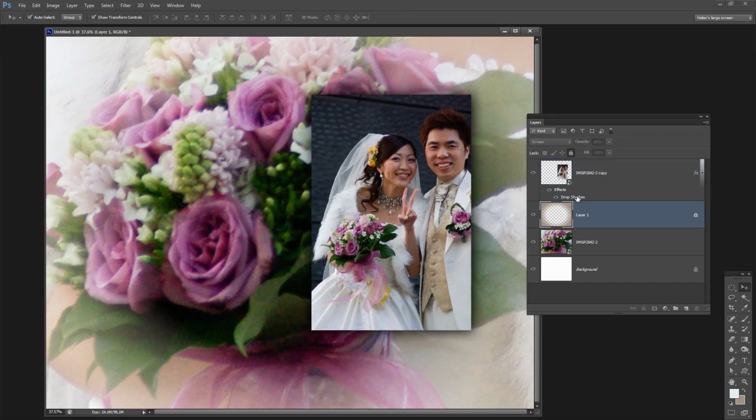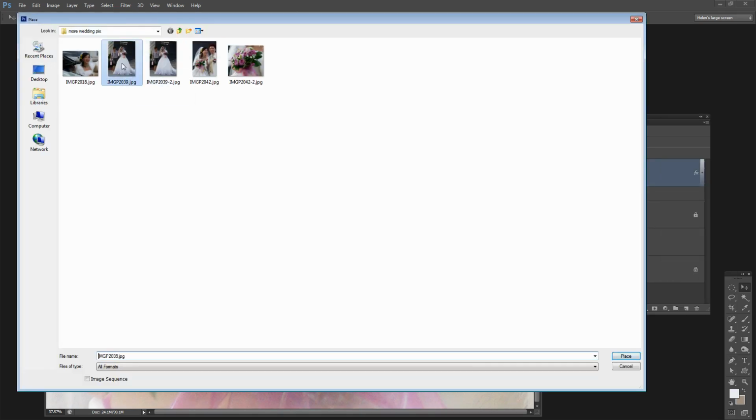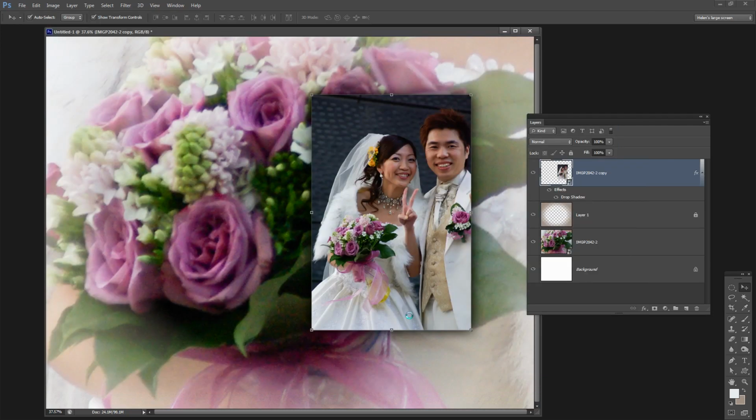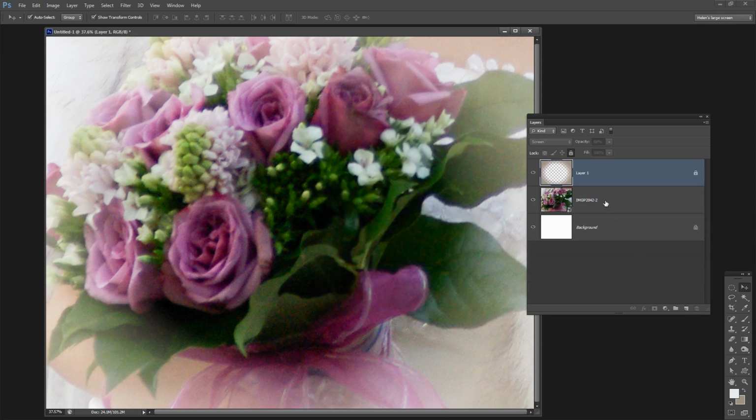You can see that the drop shadow is still in place, the background is still in place, the vignette is still in place, and we've got another page of our album already created. If I right click and choose Replace Contents, I can go and select yet another image to go in here, and again the border and everything are already on that image. So it gives me a smart way of creating an album very quickly. Just going to discard that for now,